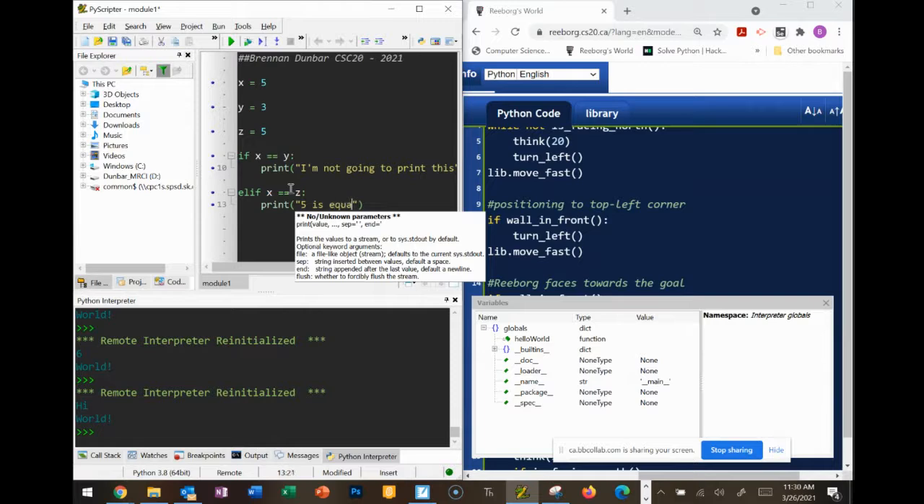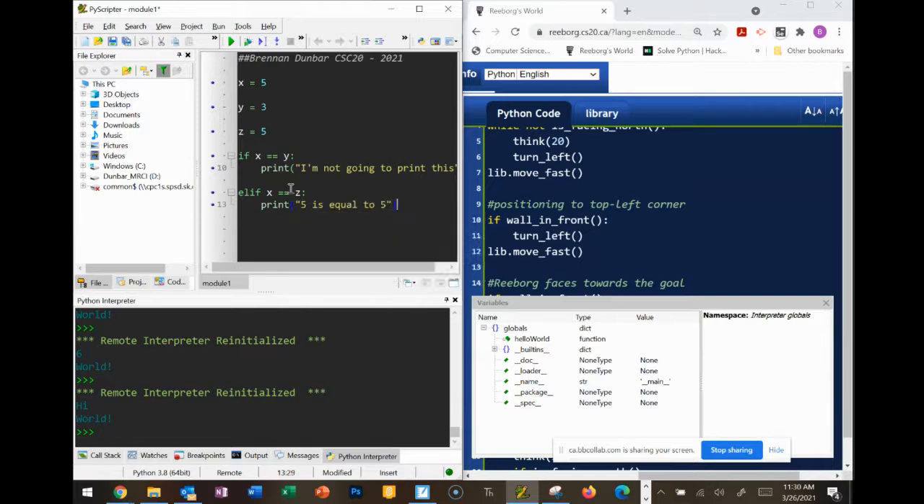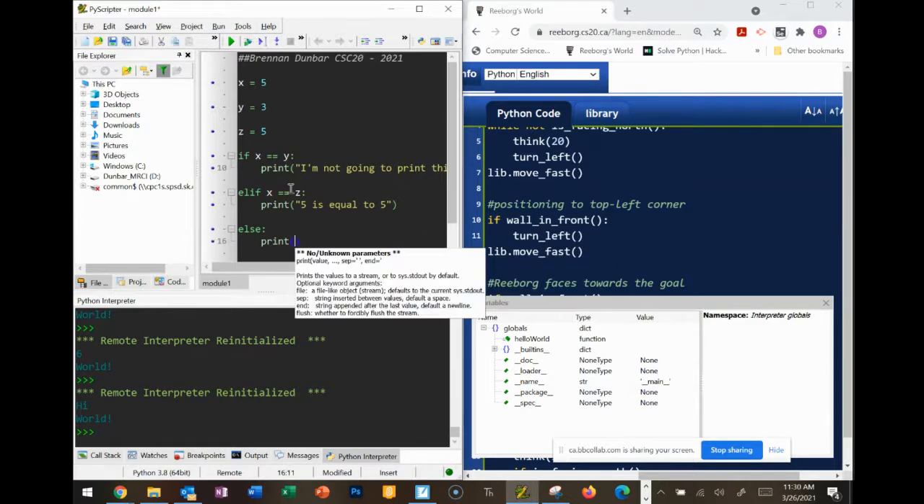5 is equal to 5. And then I'm also going to have an else down at the bottom, and that else is going to print a line. And none of these values are equal. So if we look at